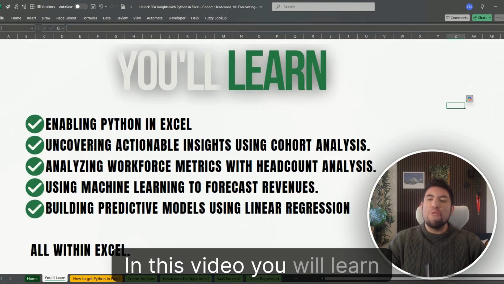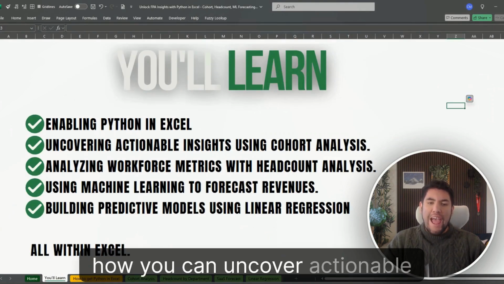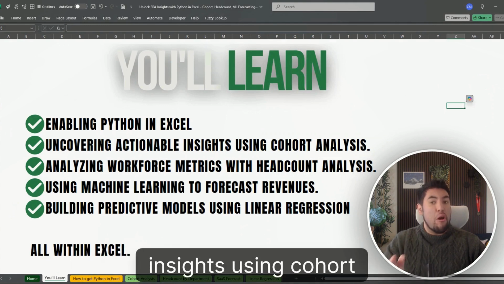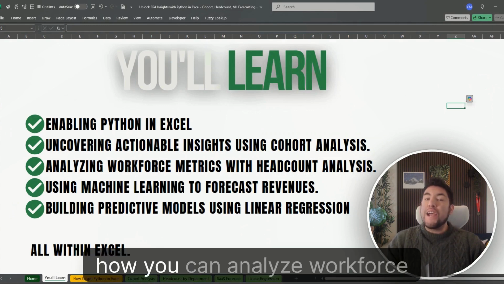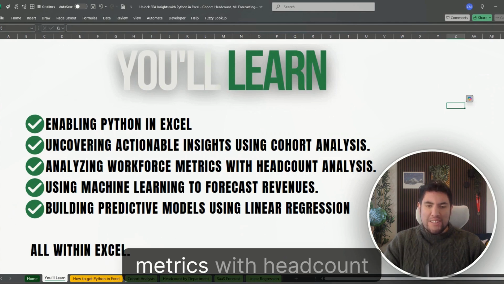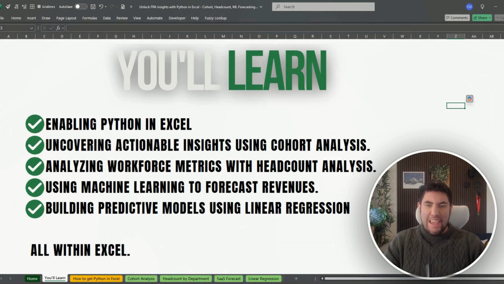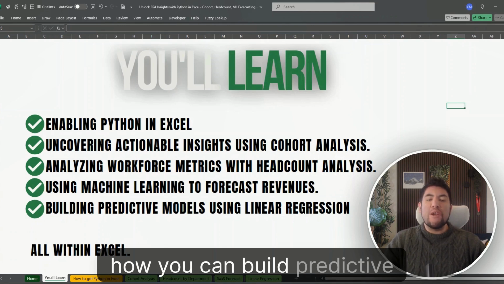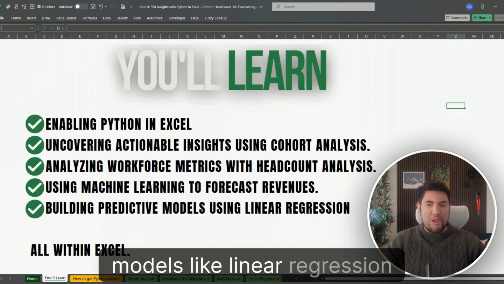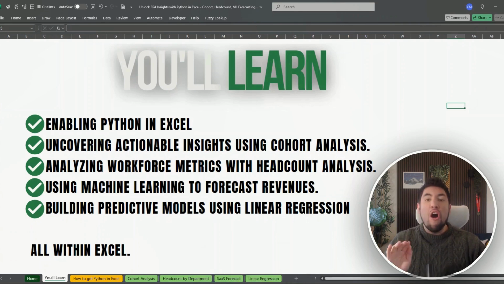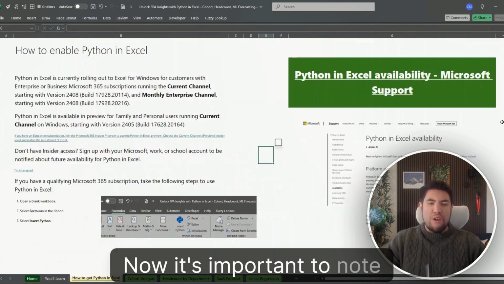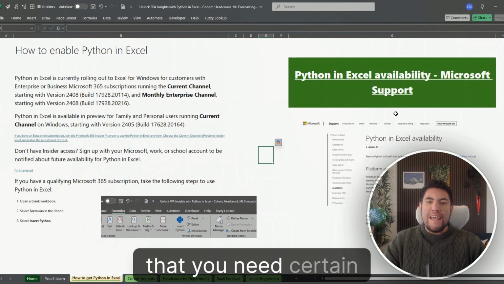In this video, you will learn how you can uncover actionable insights using cohort analysis, how you can analyze workforce metrics with headcount analysis, how you can leverage machine learning for forecasting, and how you can build predictive models like linear regression. And yes, all within Excel. So let's start. Now, it's important to note that you need certain